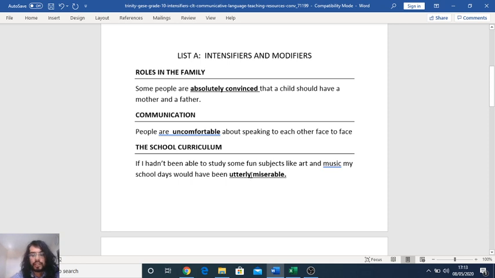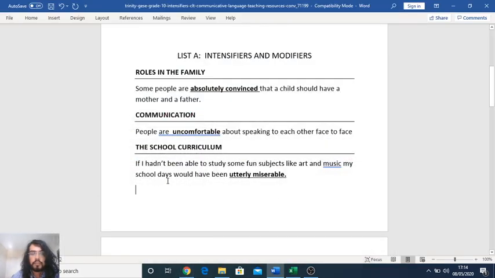Well, if you guessed utterly, you were correct. So this is the intensifier. Another way of identifying an intensifier is they sometimes end in ly. You may have learned that most adverbs often end in ly or y, and sometimes intensifiers also do this. So remember, guys, fundamentally, most intensifiers are also adverbs. You can say they're the same thing with a special function. Okay,